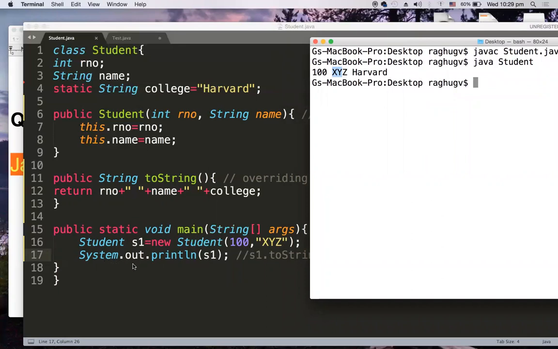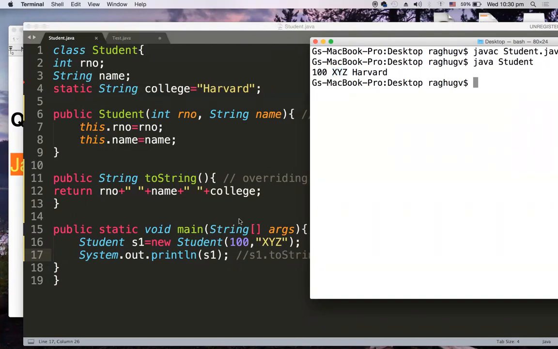But now s1.toString has been overridden, and in the override I have redefined its behavior: whenever toString is called, print roll number, name and college after concatenation. That means print roll number, concatenate a space, then the name, concatenate a space, then college. The same thing is happening.